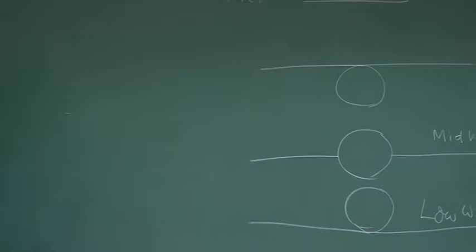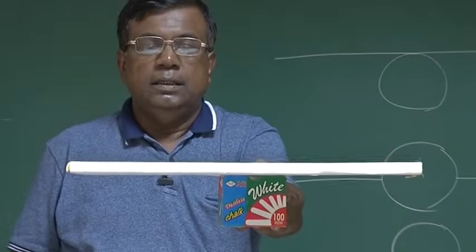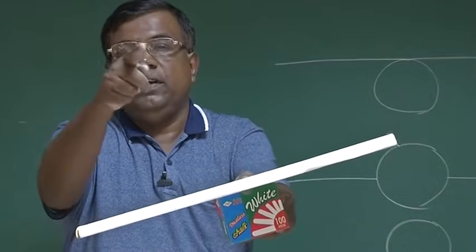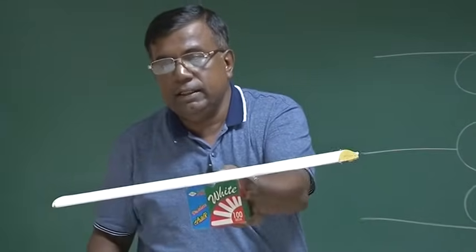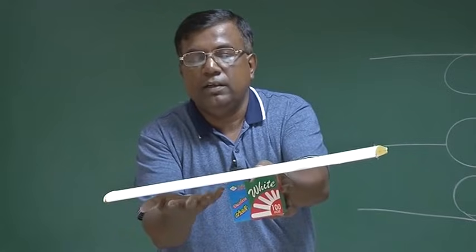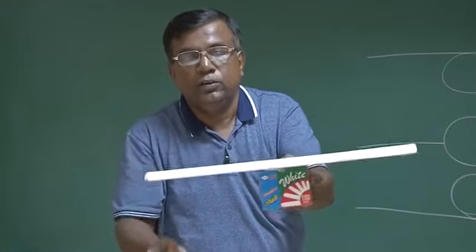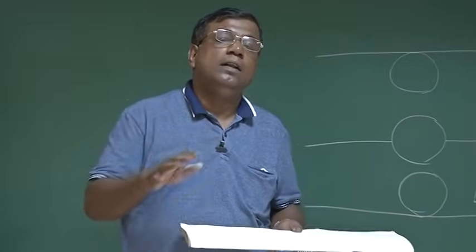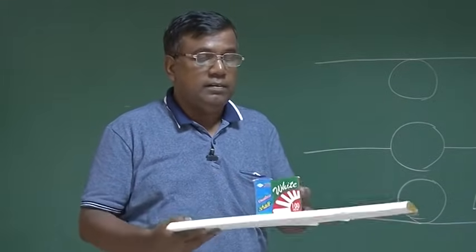In the high wing case, let me explain. I am trying to represent a typical high wing case. Now, if there is a bank like this, what will happen? Because of this lift vector tilted now, it will try to side slip like this. As it side slips like this, air will gust in here, and that will give a pressure which will translate into force and moment, and you will try to turn it back. So because of the high wing, there is an initial tendency to come back to the original bank angle. So it provides lateral static stability.